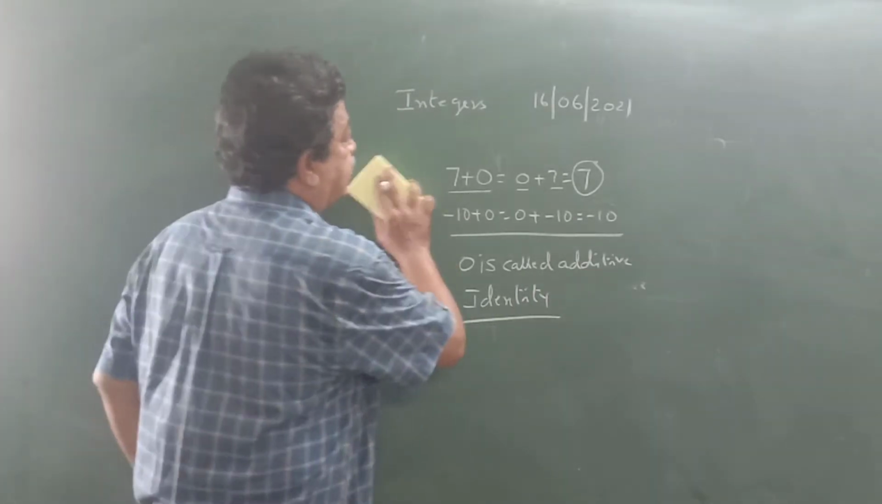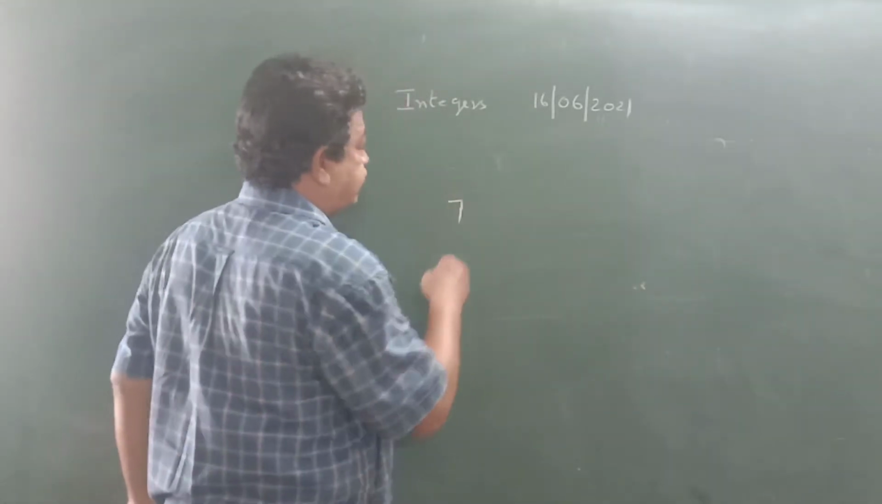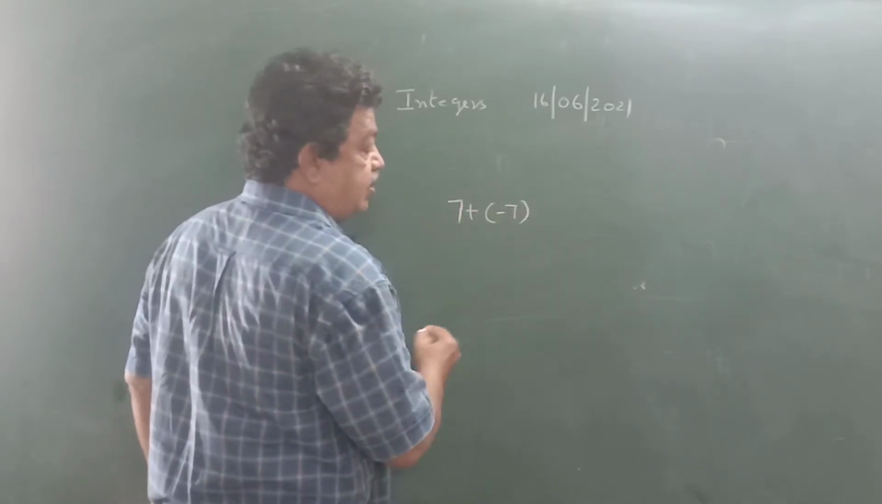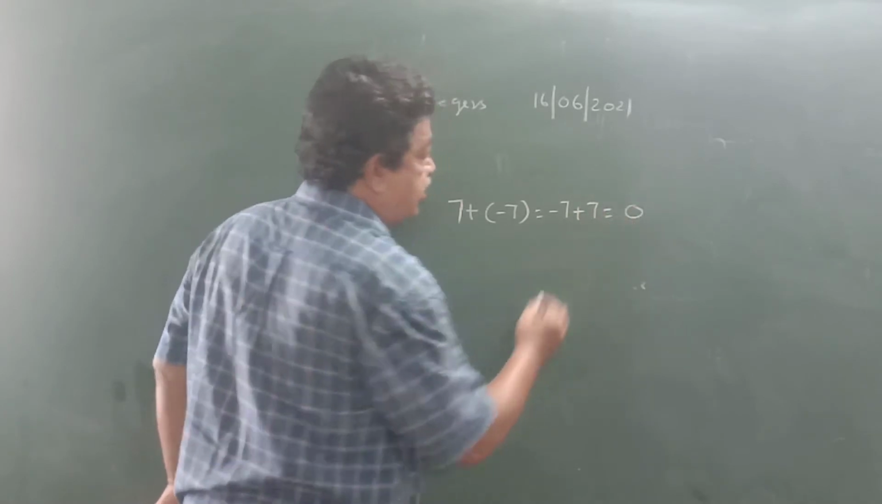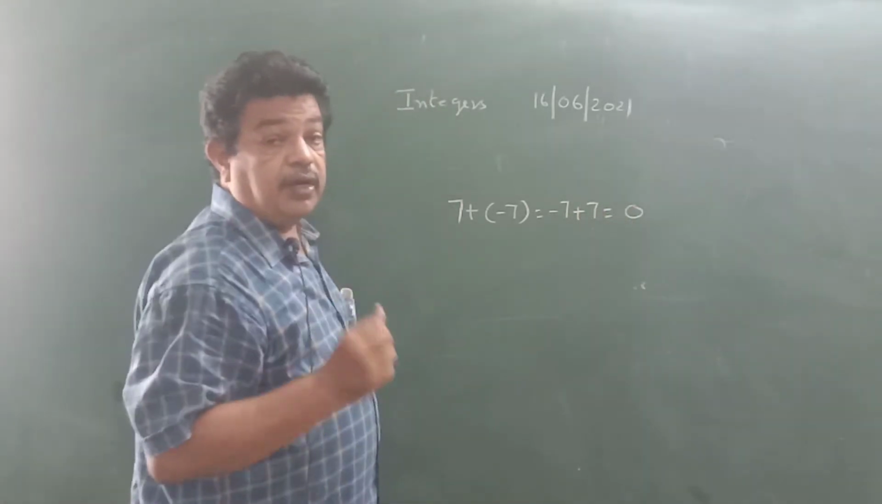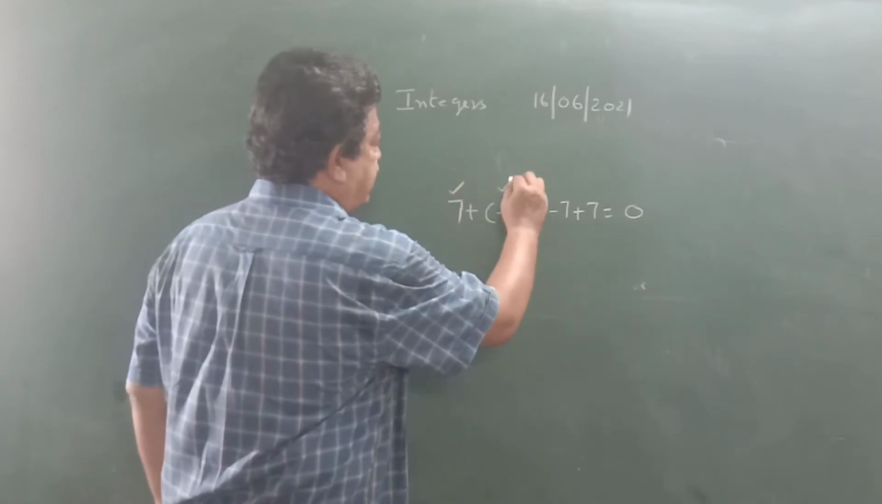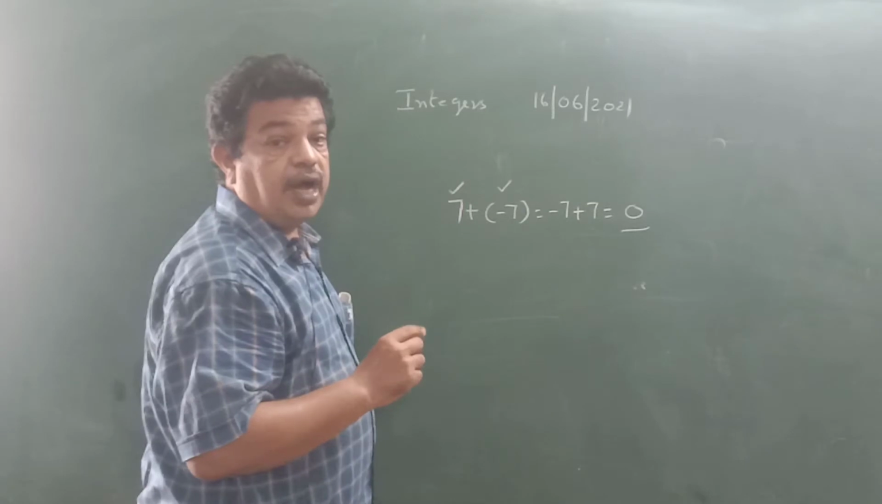Next. What is this integer? 7. For which I am adding minus 7. Or for minus 7 I am adding 7. What is the sum equal to? 0. What is 0? Additive identity. If the sum of an integer and another integer is additive identity, then the two integers are called additive inverse